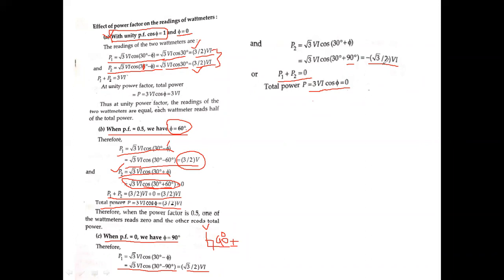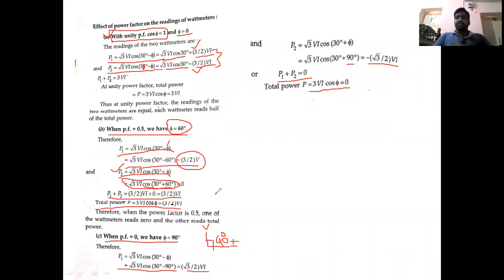If the power factor is below 0.5, and here the power factor is 0, which is below 0.5, at that condition one wattmeter will read a positive indication and one wattmeter will read a negative indication. Under these conditions, the current coil of wattmeter P2 must be reversed with respect to the pressure coil. Then the wattmeter will read a positive reading at the end of the given total power. This is a peculiar discussion which we analyzed.